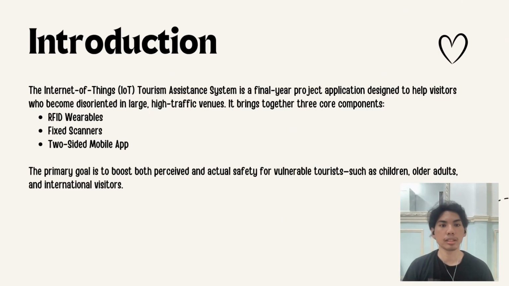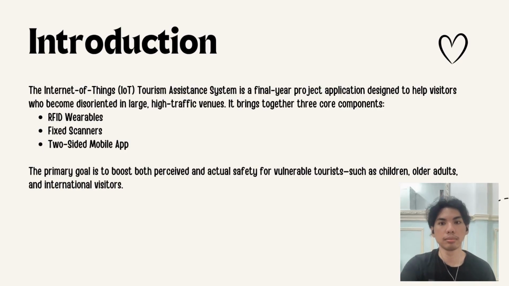The Internet of Things Tourism Assistance System is a final year project application designed to help visitors who become disoriented in large high-traffic venues. It brings together three core components: RFID wearables, fixed scanners, and two-sided mobile apps. The primary goal is to boost both perceived and actual safety for vulnerable tourists, such as children, older adults, and